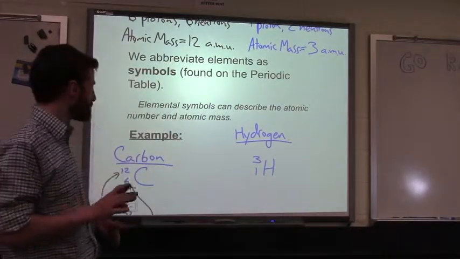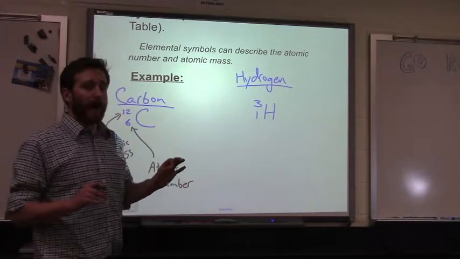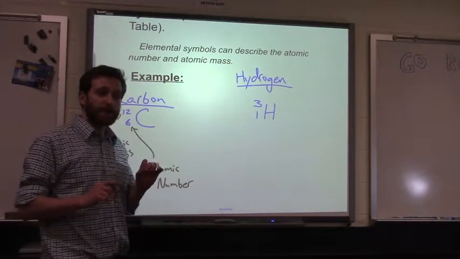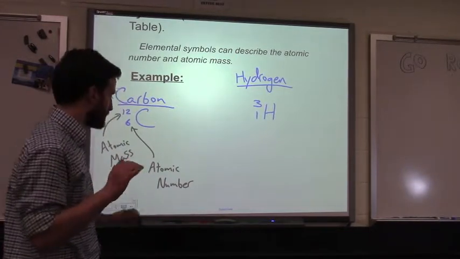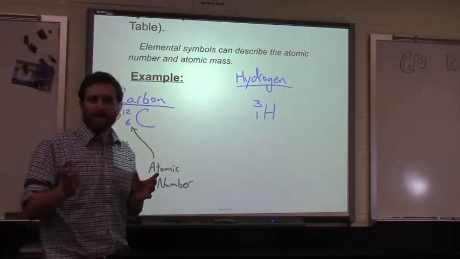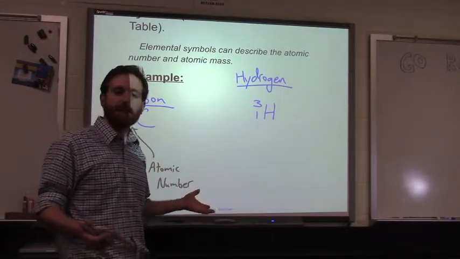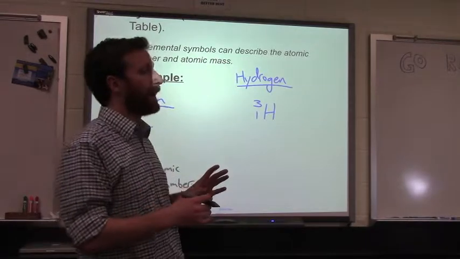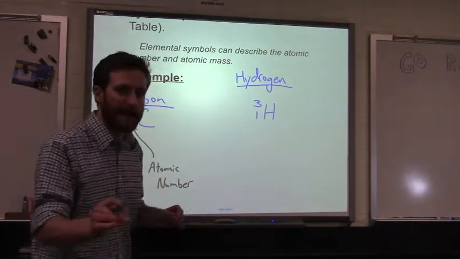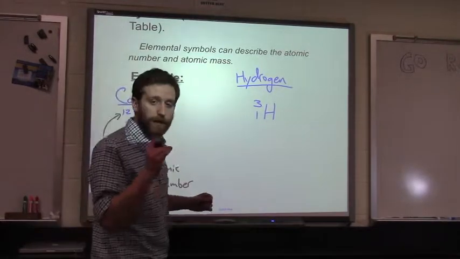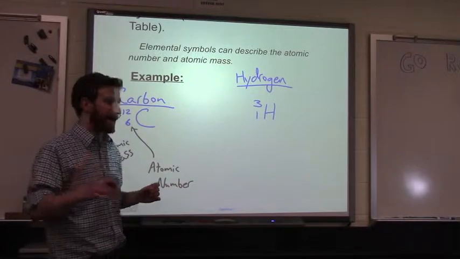The last thing I want to say about this is that not all elements have atomic symbols or elemental symbols that are only 1 letter. And this is important because simply we have way more elements discovered than we have letters in the alphabet. So many elements have 2 letters as their symbol. Only the first is capitalized. So if I want to write chlorine, I look over there, I find the chlorine symbol, it's Cl.